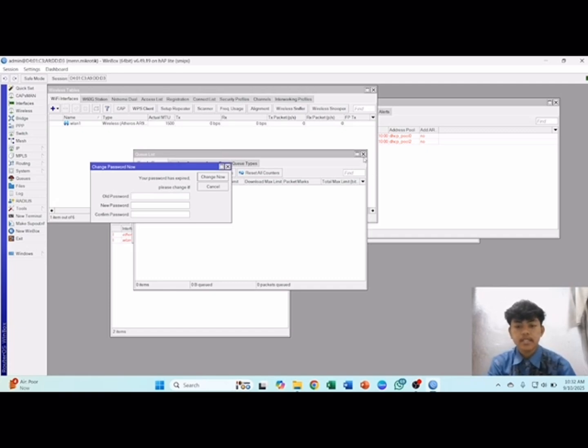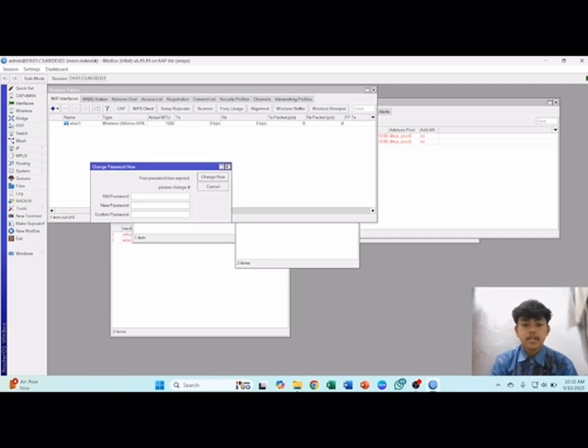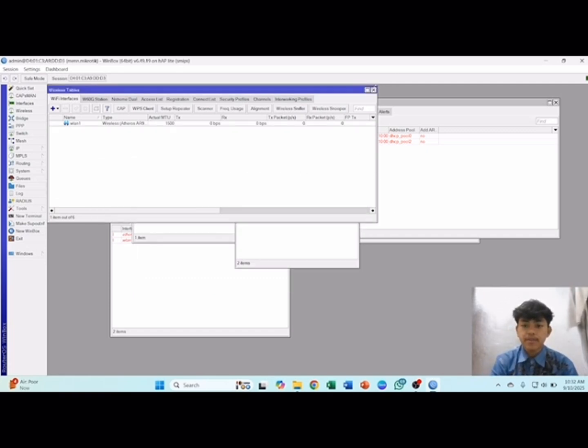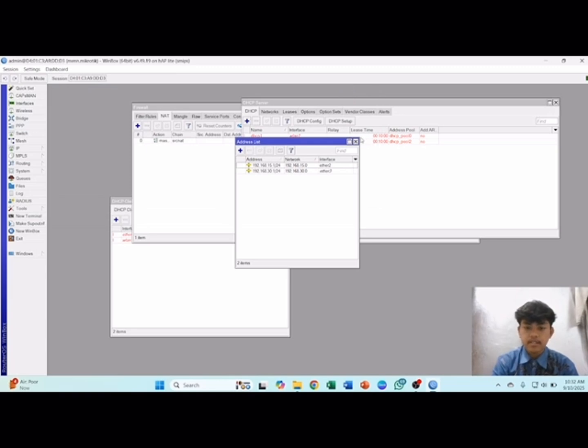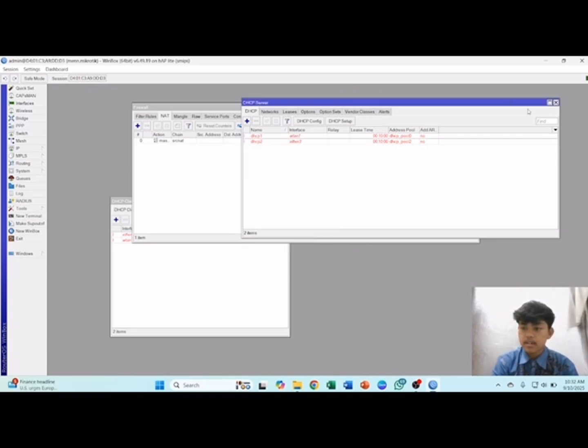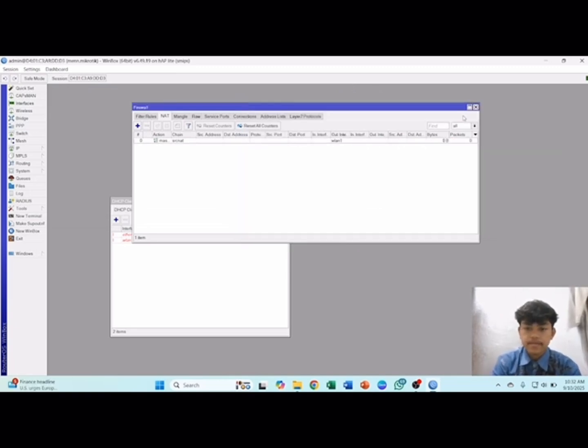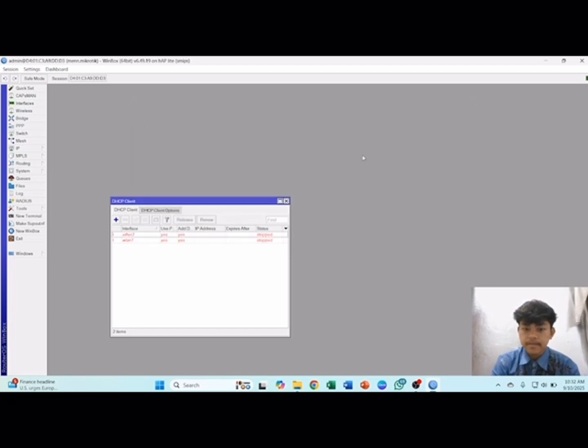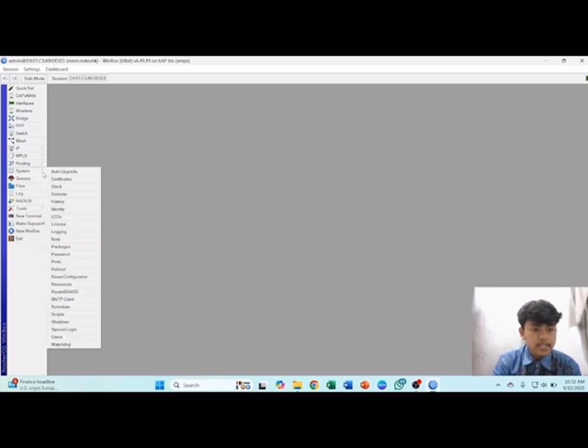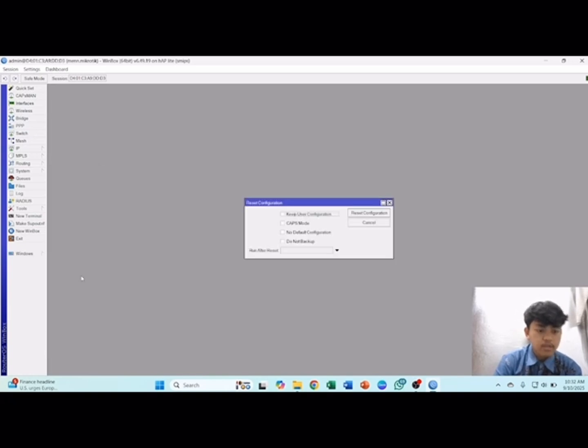Many configurations we will start from reset configuration. You can click system, click reset configuration, and then click no default configuration and do not backup.